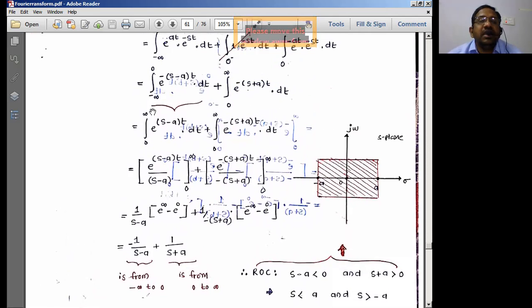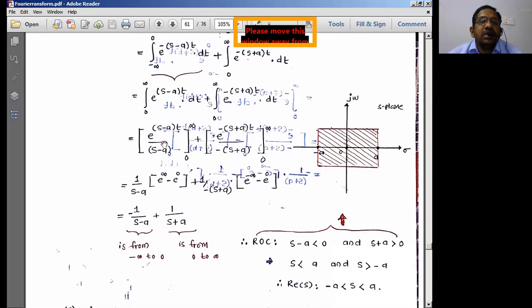So for simplicity's sake, I can consider this e power minus of something over the limits minus and plus infinity. I will just simply flip those limits. I can consider this as 0 to infinity by flipping this minus to plus here, dt. And this equation is 0 to infinity only. So I can have it like something e power minus, okay. You can do it in this fashion, or you can keep it like this only, where I can write this as minus and plus infinity. So it is up to us to consider now.